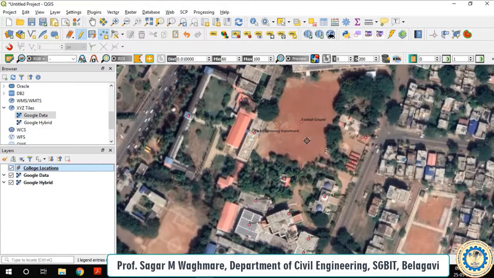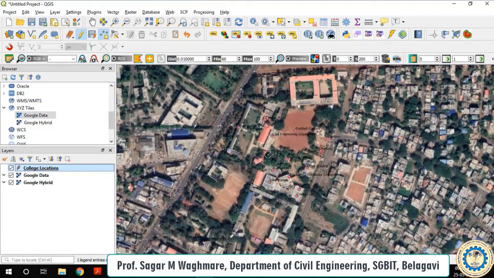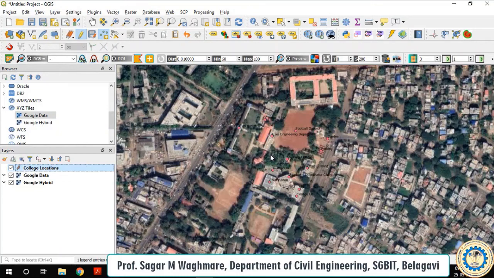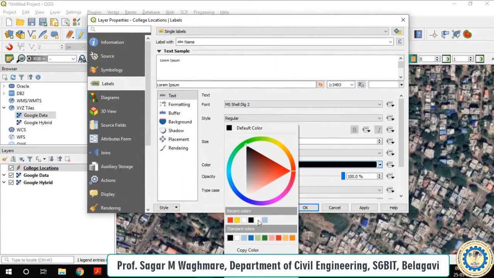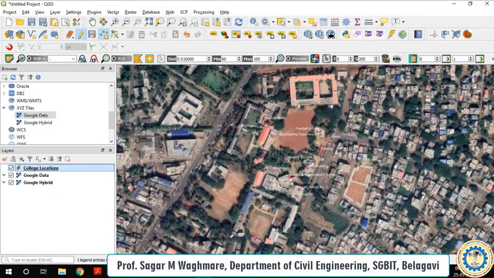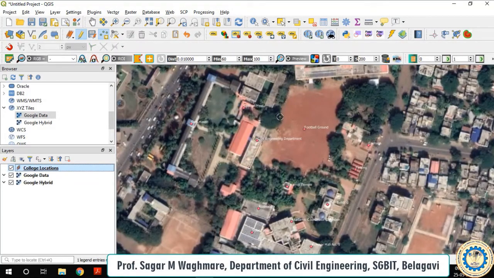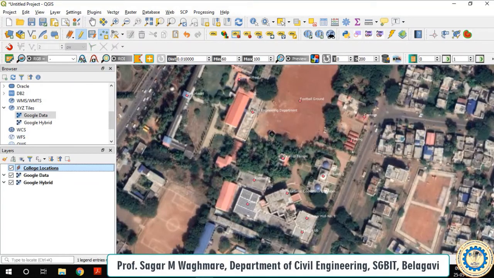Now you can see everything is appearing, but the dark is there. I'll change the color of the text to white so that it will be visible. Now you can see that whatever locations we have marked are visible on the map itself. Okay, now you can try with your combinations, what should be the name of it, what should be